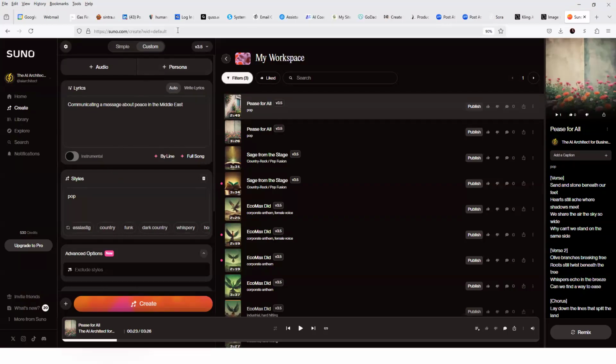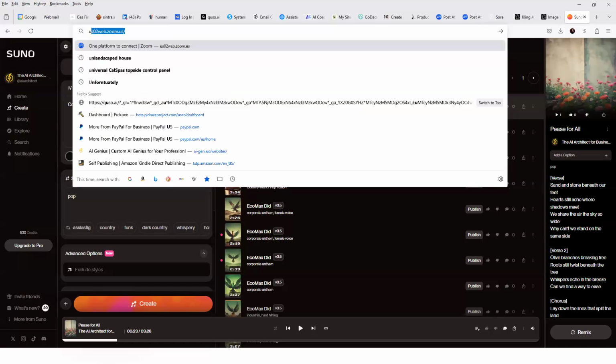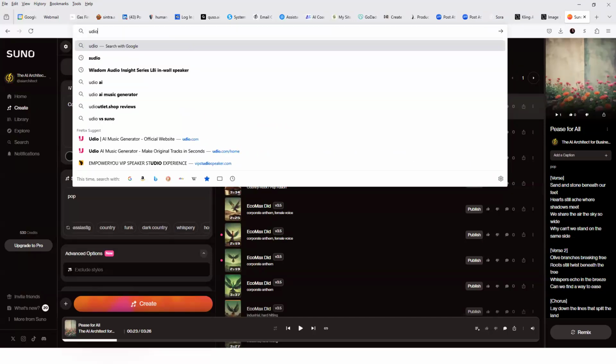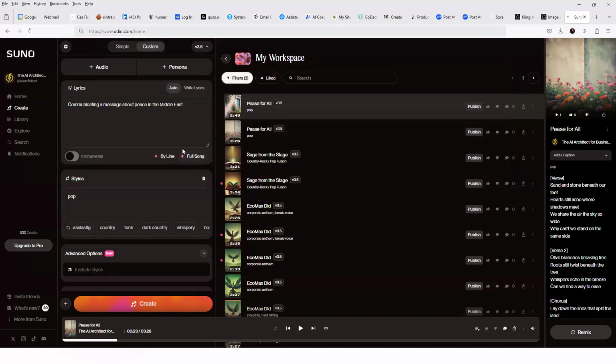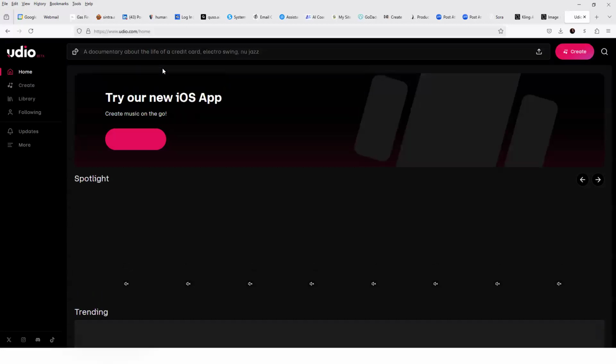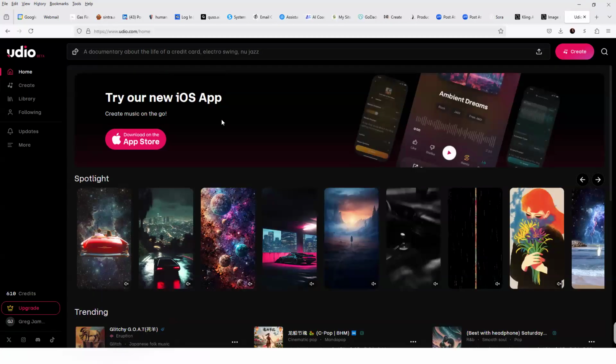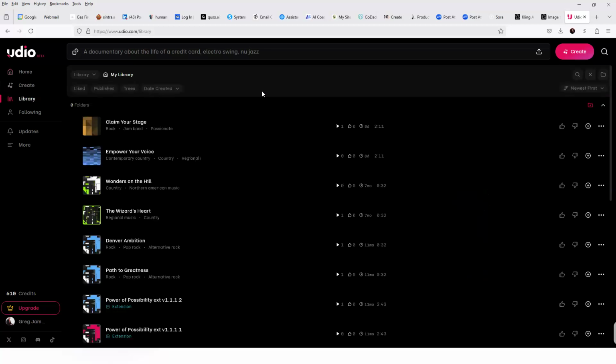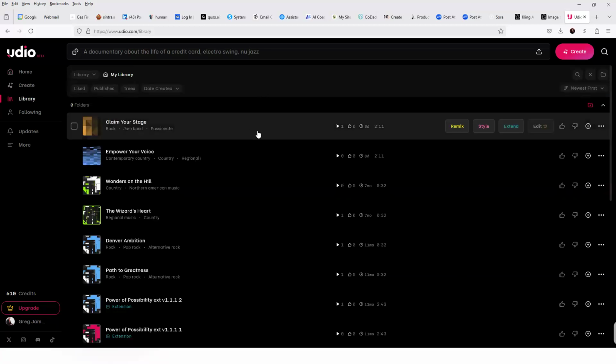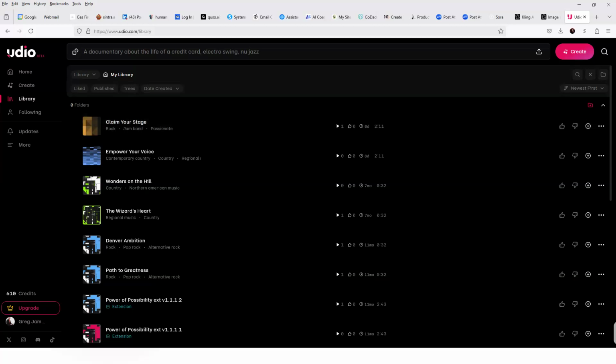Like I said, Udio has almost the exact same interface as Suno does. I would say try them both and see what you like, and notice there's create, there's library. And they both do a pretty good job of creating music.